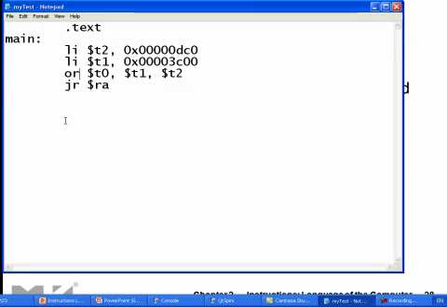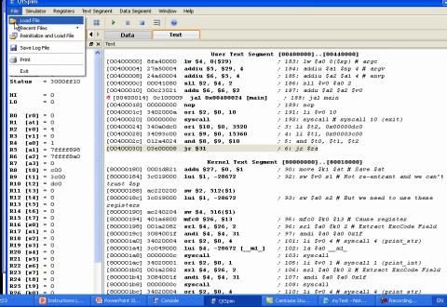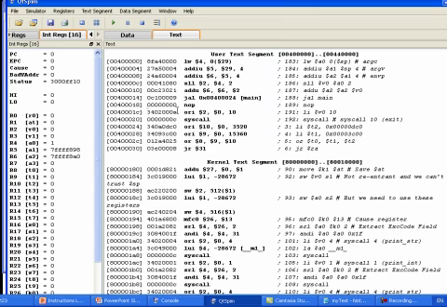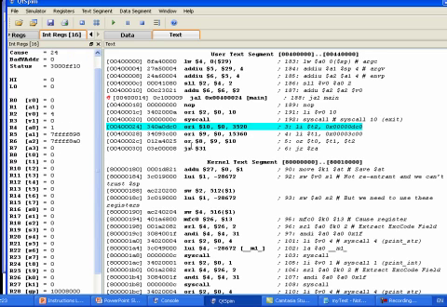Okay, let's check. Let's save it and then run it. I can go to file, reinitialize and load the file. Open, and then set a breakpoint on the JAL main. Set the breakpoint and run it. Now single step through it. I'm going to press F10 to single step through it. Okay, so first we